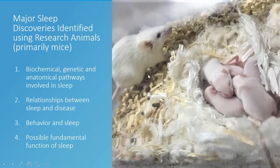Most of our work has been focused on Mus musculus, the house mouse, the common laboratory mouse, which has, of course, probably become the model organism among mammals in all of biomedical research, and that's been increasingly true in sleep. Rats were maybe the dominant model for a long time in neuroscience generally and in sleep research, but with the advent of better genetics and genomics in mice, the huge number of different inbred strains, and the much greater ease of making specific knockouts or other kinds of transgenic mice,